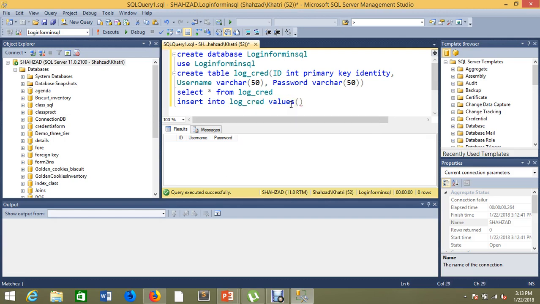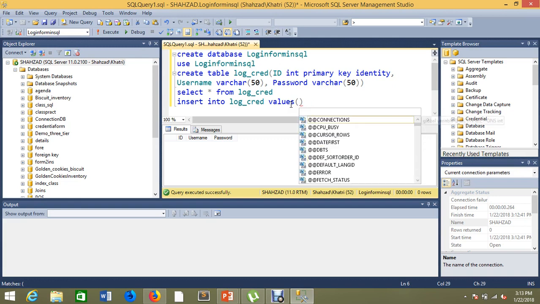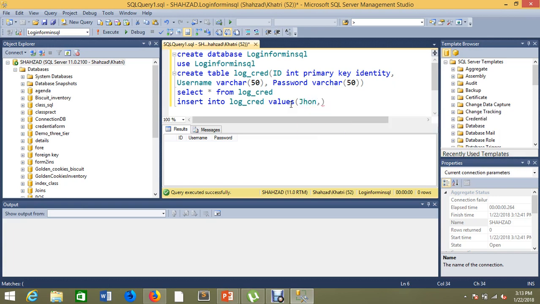Here I just need to apply the values. First of all, I checked it. Username is my John, and the password is 123. Alright,